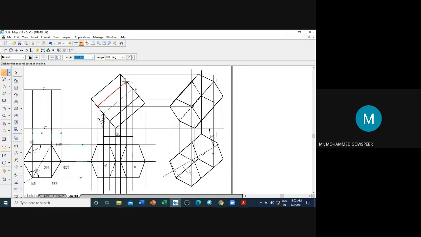From here also, draw. It will be easy. So somewhere here O1 will be there. That also you can connect.